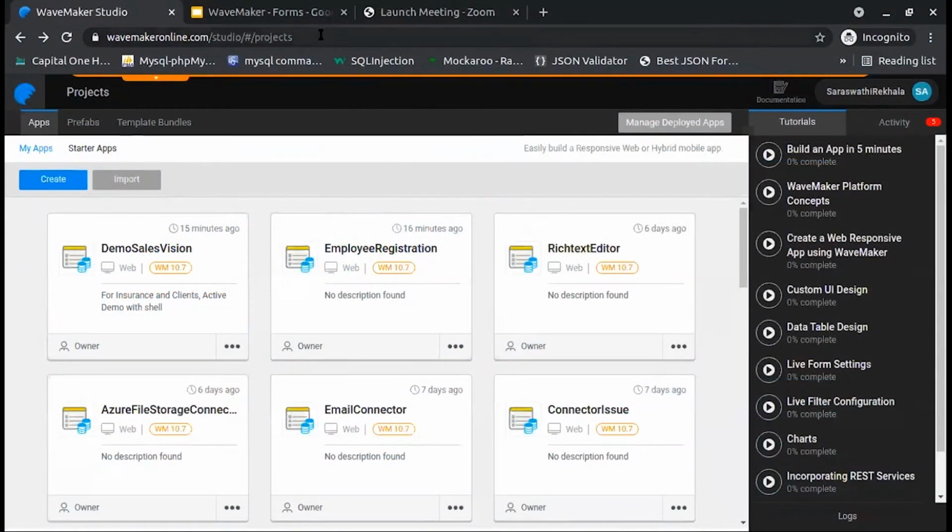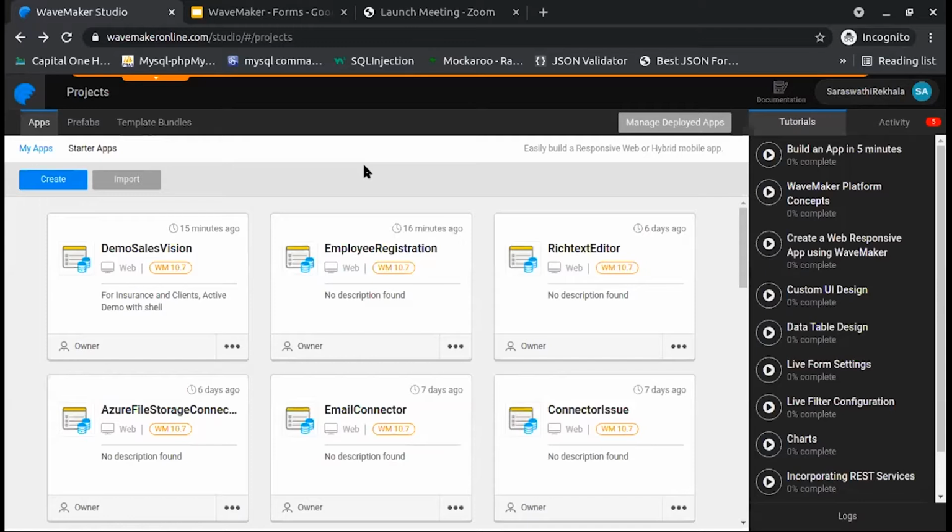You can access WaveMaker from any browser and no installation is required. You can directly access WaveMaker from any browser of your choice. This is the online version of the platform where I have logged in. And this portal that you see here is called the dashboard page, where you will be seeing all the user created projects. Once you sign up into WaveMaker, you will be seeing an empty list here. As you start creating projects, your projects will be displayed here in the dashboard page.